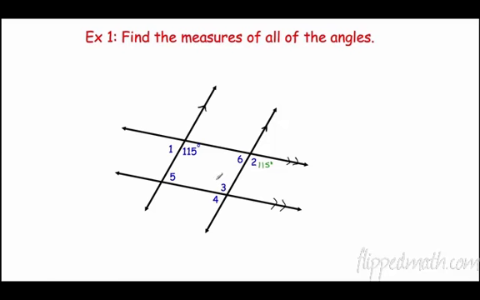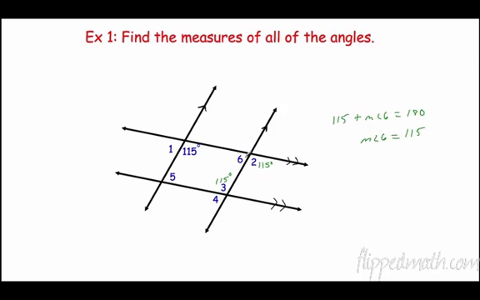They are congruent, so this is 115 degrees. All right. Now let's see, we have some interior angles here. So 115 and 6, those are same side interior, and we know that means 115 plus the measure of angle 6 is going to equal 180. Subtract 115 and the measure of angle 6 is going to be